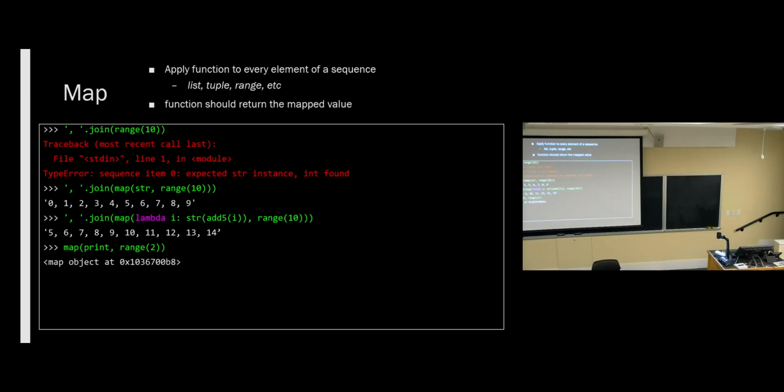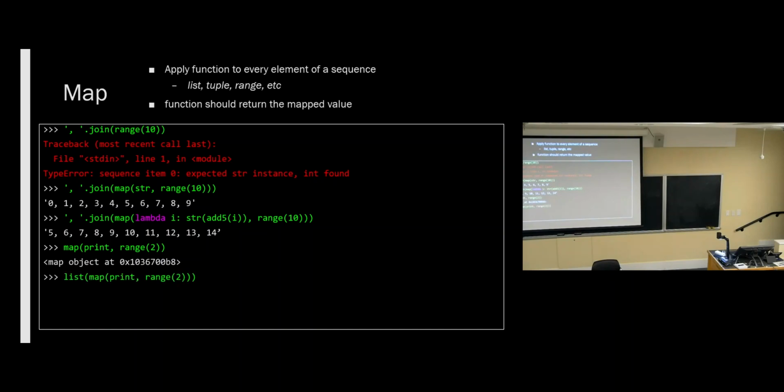And the reason for this is that Python and its map implementation is lazy. So one of the advantages of doing things like this is that it's only going to map this function over this iterable if we actually demand something from this map. So here we've said, okay, be prepared to map print over range 2. But we haven't actually asked it for anything. We've just said, be prepared to do this. So here it's saying it's prepared now. But that's probably not what we wanted.